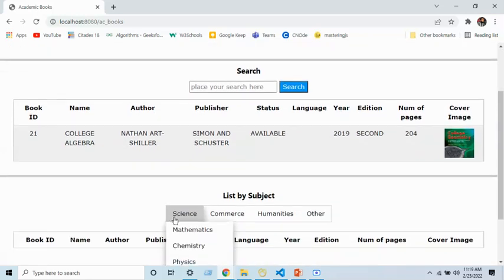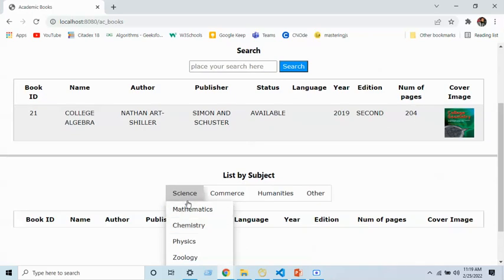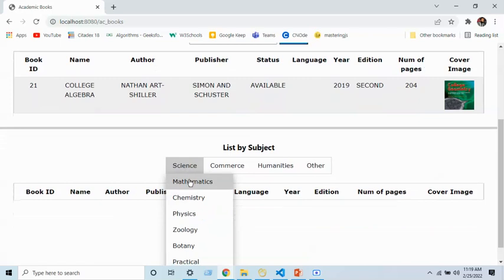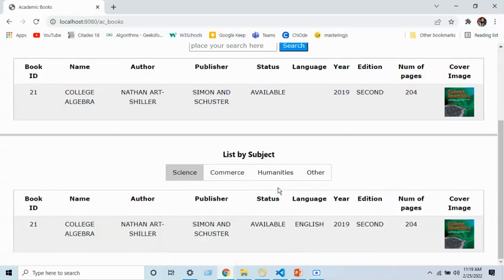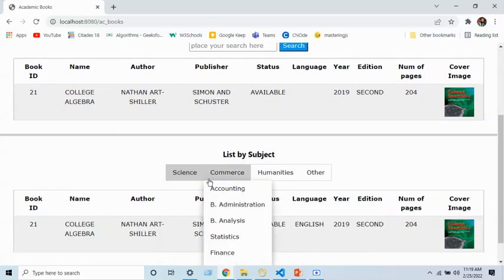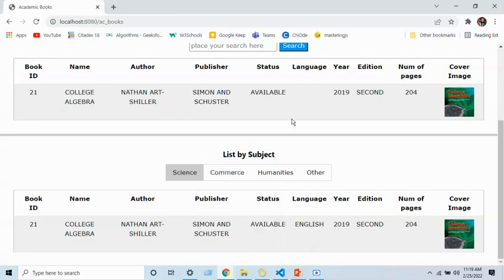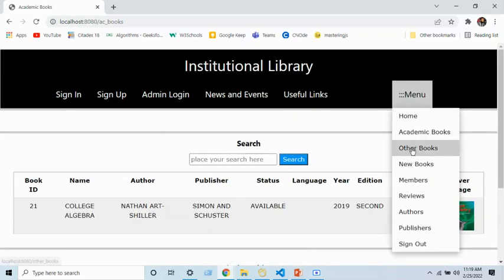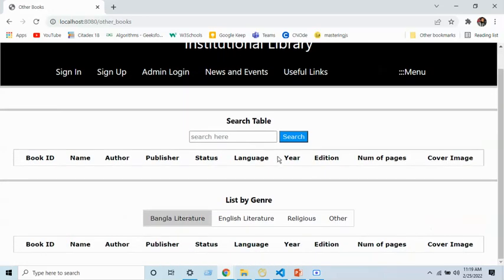We can also list the books using the group and subject. For example, if we click on mathematics, then all the books which are of subject mathematics and group science will be shown. In the same way, there is the other books section. We can search